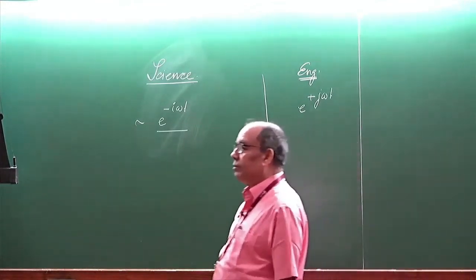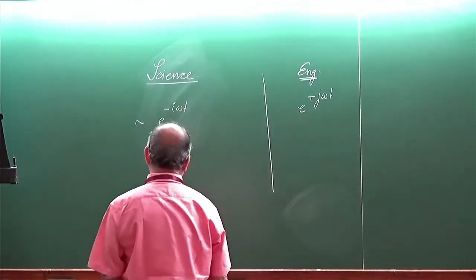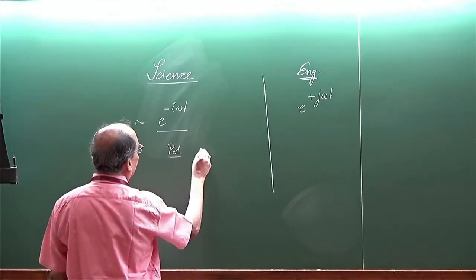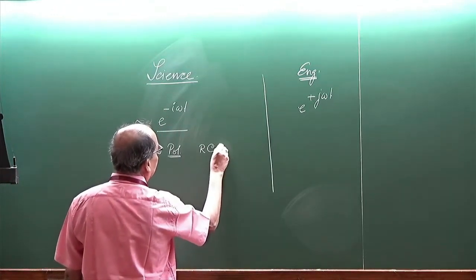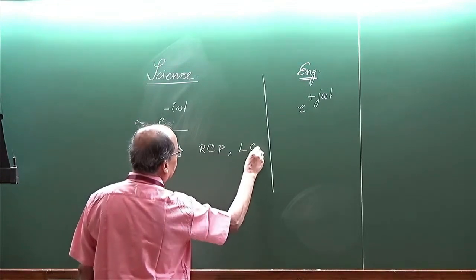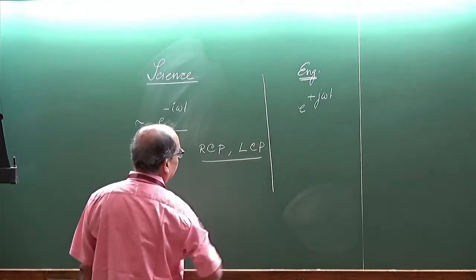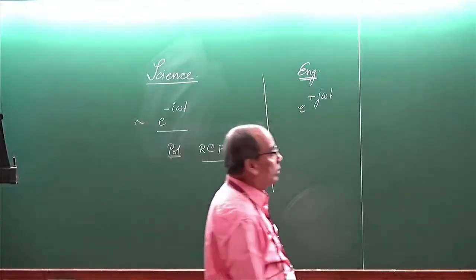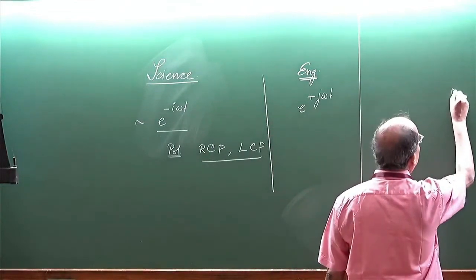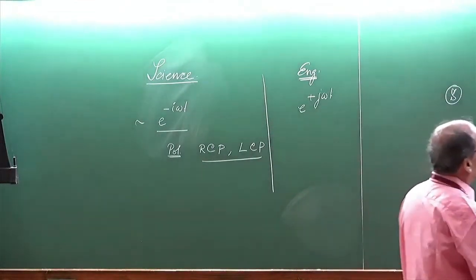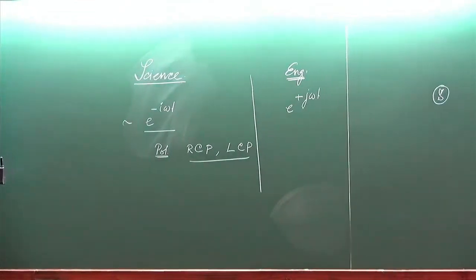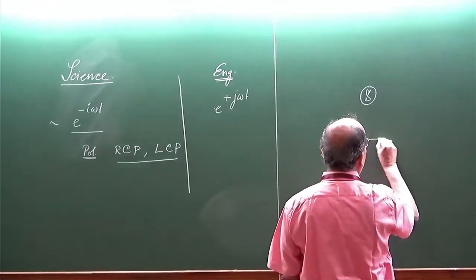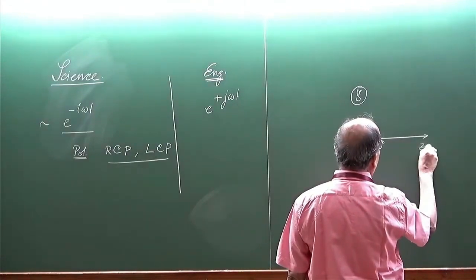The first consequence is that when you talk about polarized light, right circular or left circular polarization, it depends on your viewpoint. That means you can have two different kinds of viewpoints: one is the source viewpoint, the other is the detector viewpoint. If you look from the source, and the light is going in, let's say, the z direction,